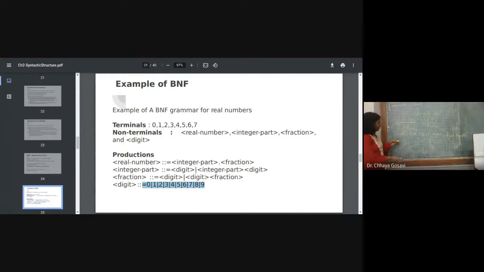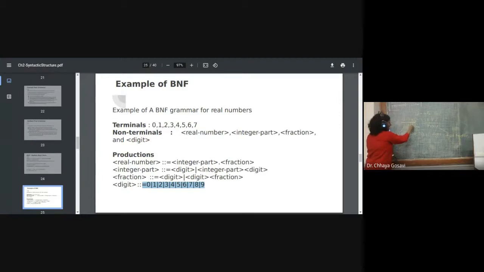So that's it. So you can see here, this is integer. Integer can be digit or integer digit. So this is digit and this part is integer again.